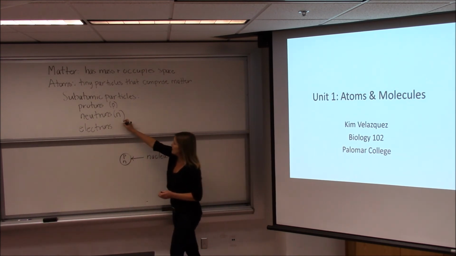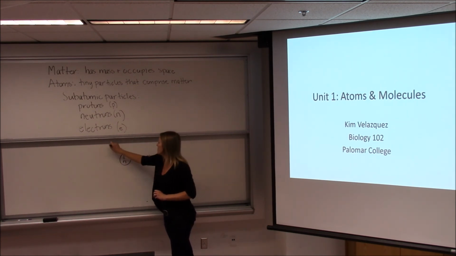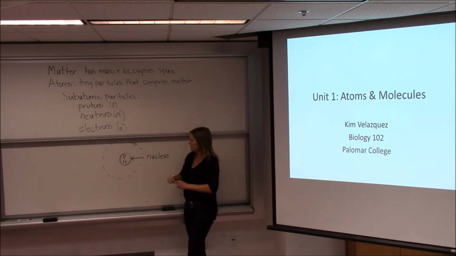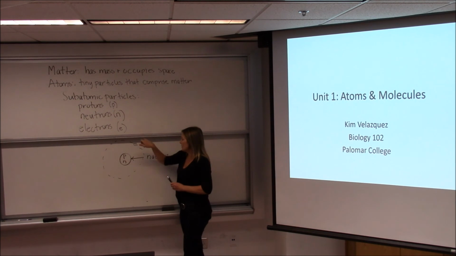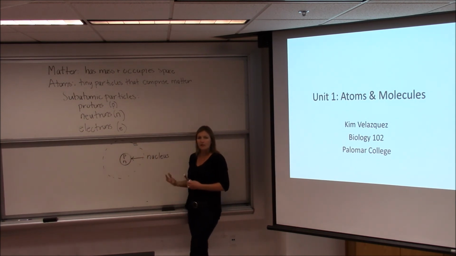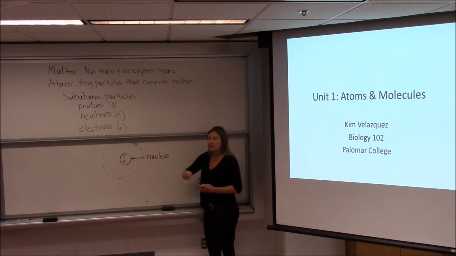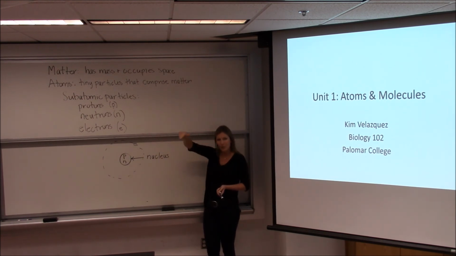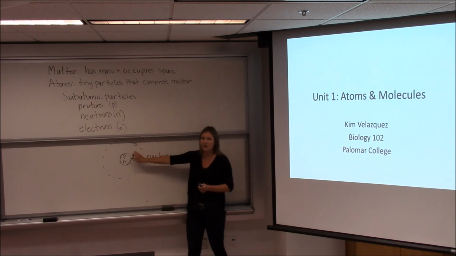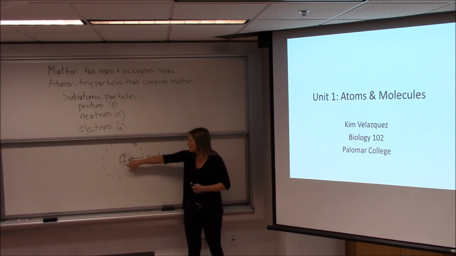And then these electrons, small letter E, they are not in the nucleus. They are actually orbiting outside the nucleus. Electrons. So in the core we have the protons and neutrons in the area called the nucleus, and then orbiting out here we have electrons. There is quite a distance here. An analogy that's common in textbooks is if you picture the nucleus being a pencil eraser on the 50-yard line of a stadium, and the electrons being gnats orbiting the stadium, that would kind of be the relative distance and size of that atom. Obviously we can't draw that distance on the board, but really picture that nucleus being very